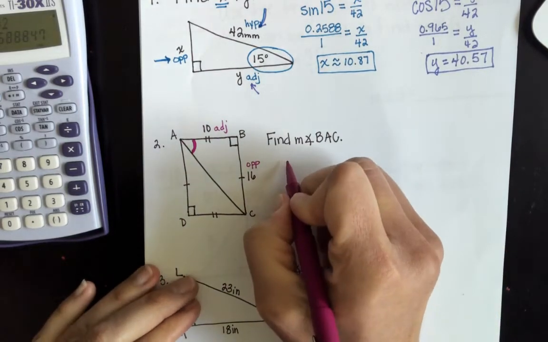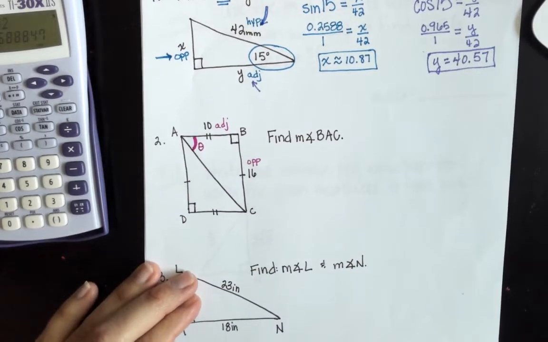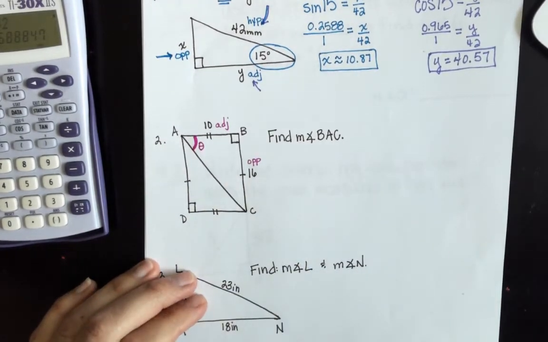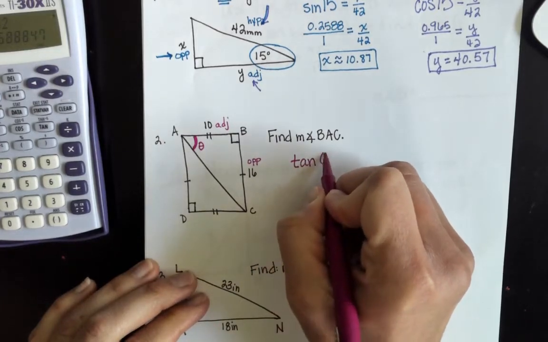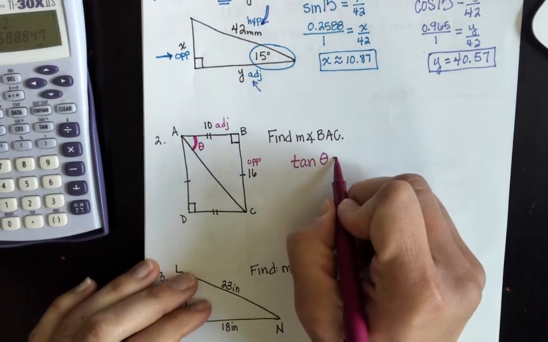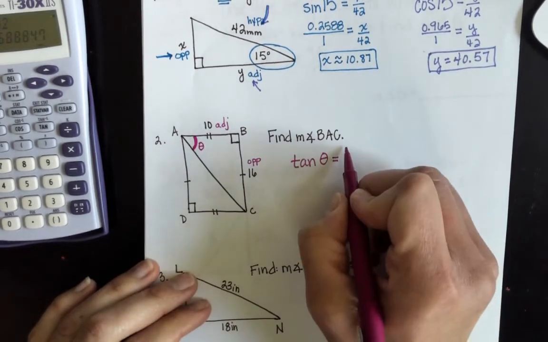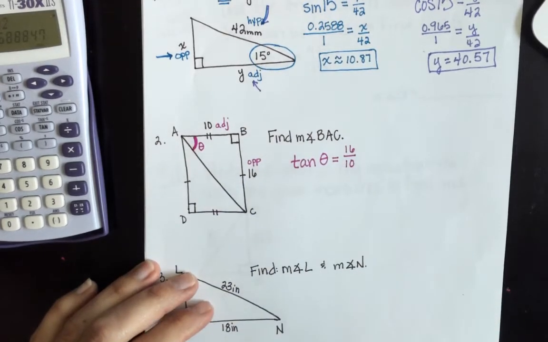So this time, to make my life a little easier, I'm going to call that theta so I don't have to write BAC next to our tangent. So tangent of our angle BAC, or theta,